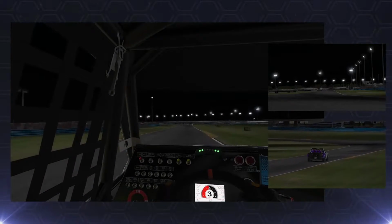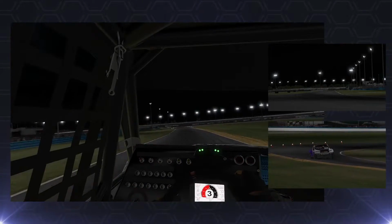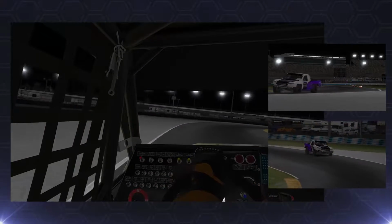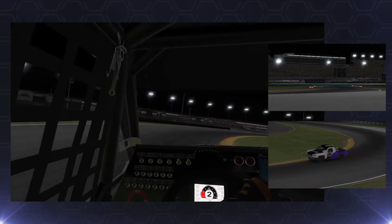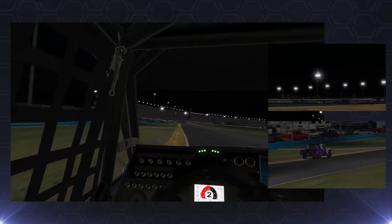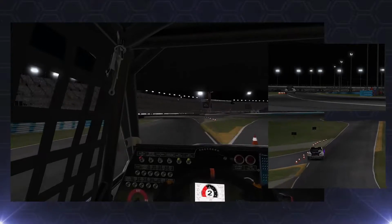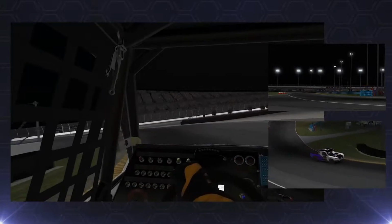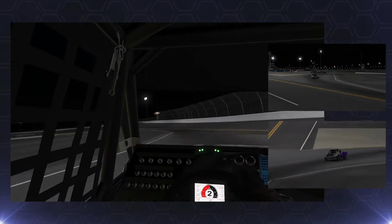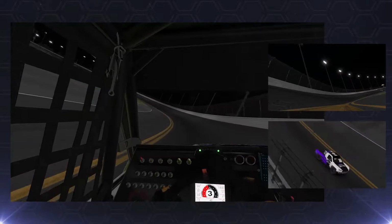We might be seeing cars go side by side through this left-hand kink, and you see the amount of body roll that the truck goes through. The track narrows up quite a bit through here, and into the second of the right-hand hairpins. It opens on exit and then tightens up, which means we're probably going to see some banzai braking maneuvers into there. Also into this corner, leading onto the oval. Very tight, and you see I actually missed the apex there, so not the best of laps from me, but I managed to hook it up on the exit, and then we get out onto the NASCAR oval section, and